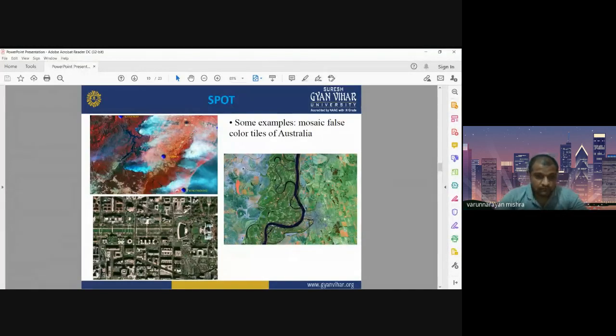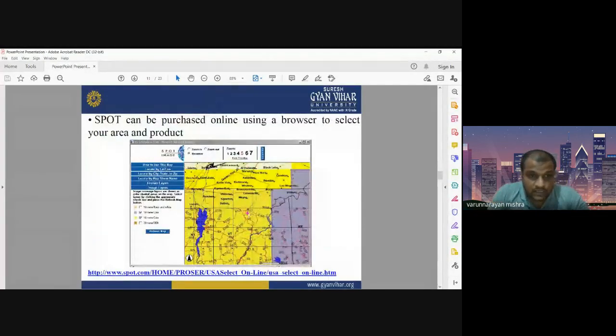Okay, so these are some sample images captured by the SPOT sensors. You can see the fine details, you can see the spatial resolution, how much good detail is provided by the SPOT satellite. Okay, this is a very good satellite image with higher details in terms of spatial as well as spectral. Okay, so it is not freely downloadable. SPOT is a proprietary data set, so you need to purchase it using this website.